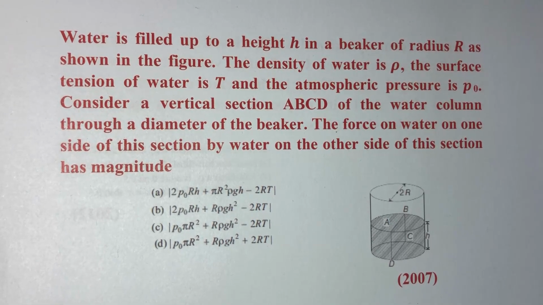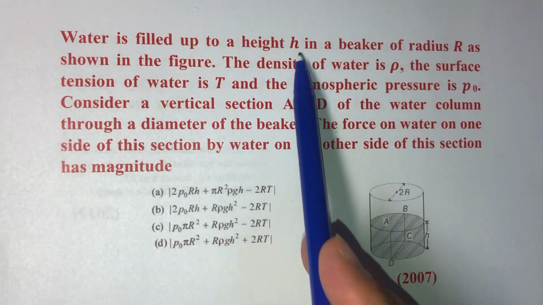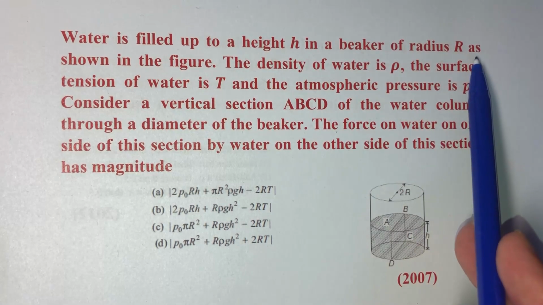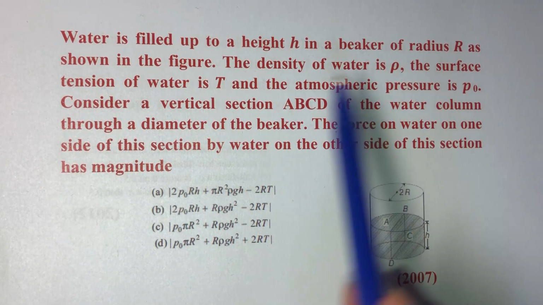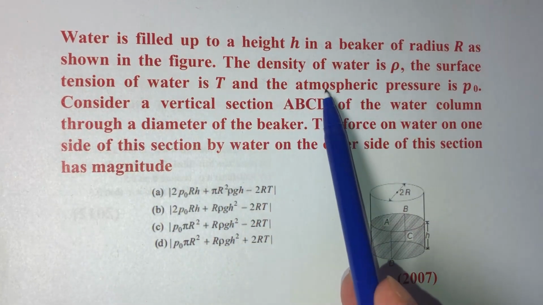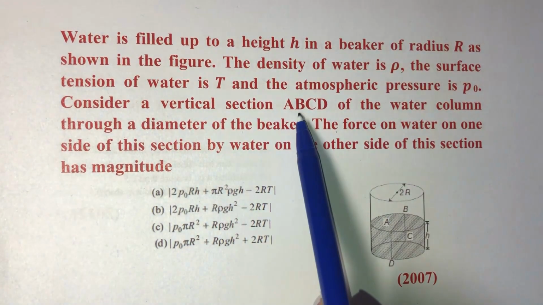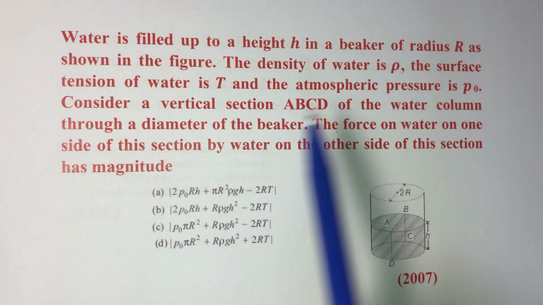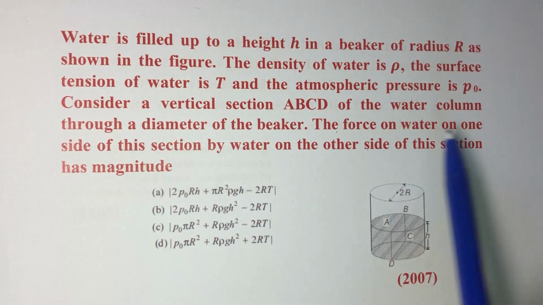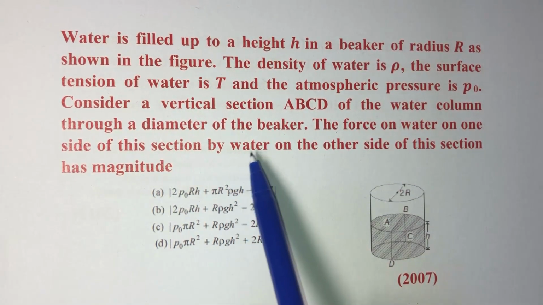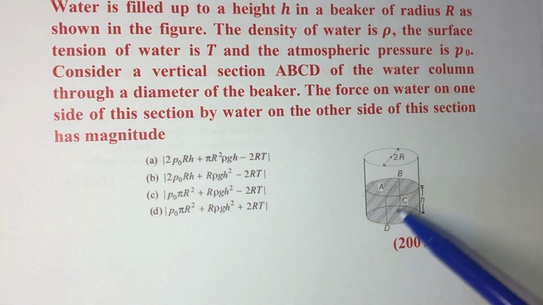Hello friends, in today's question, water is filled up to height h in a beaker of radius r as shown in figure. The density of water is rho, surface tension of water is T, and the atmospheric pressure is P naught. Consider a vertical section ABCD of the water column through a diameter of the beaker. The force on the water on one side of this section by the water on the other side of this section has the magnitude. So we have this beaker